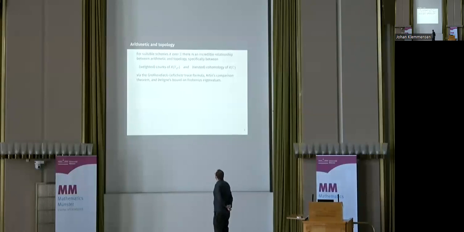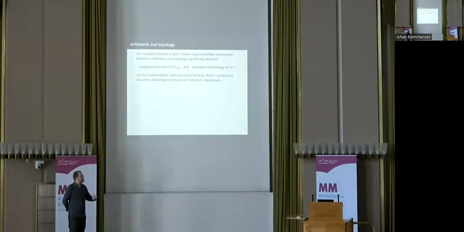So this, roughly speaking, relates the following two kinds of quantities. On the arithmetic side, it has to do with counts of how many solutions over various fields a given system of equations has, here what I've called a scheme. You just think about it as a system of polynomial equations. And on the right-hand side, it has to do with the ordinary topologist's cohomology of the complex points of that system of equations, which you just think of as a topological space and has nothing to do with arithmetic anymore.